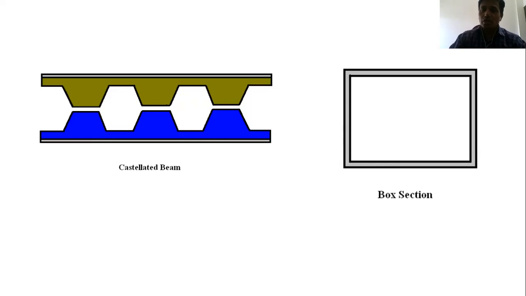If you want to propose the web opening, that is castellated beam, you have to order separately so that the manufacturer can make it as per your specification. The next is the box section. Normally this box section is used in the case of railway bridges, that is deck type, or actually it is used for deck type purposes. This is what earlier you saw, the single sections, and this is the castellated beam and box section. We'll switch.